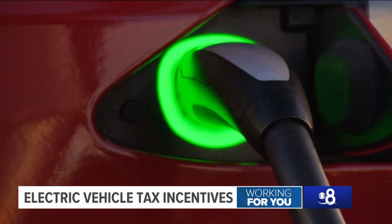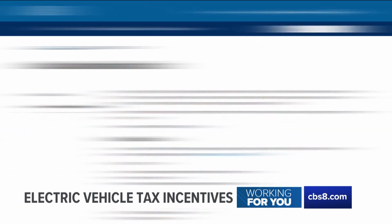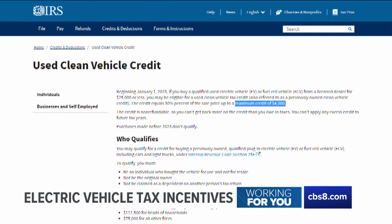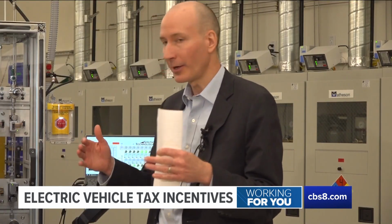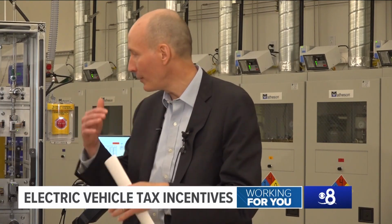These have a huge range of tax incentives. I went to the IRS website and found that you can qualify for up to a $7,500 tax credit, and now there's a $4,000 credit for used EVs. Now, that is a big deal, and that will help make it more equitable. And as we get more EVs into the marketplace sold new, we'll have more used EVs,